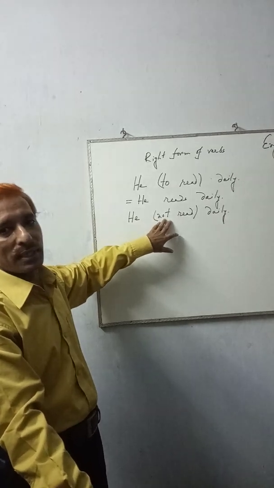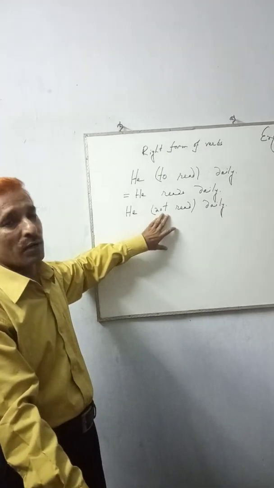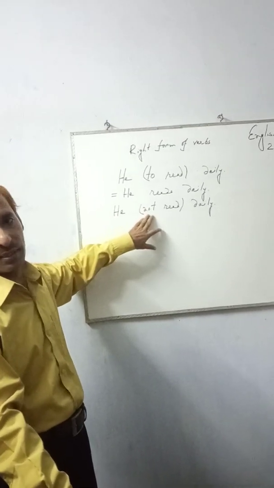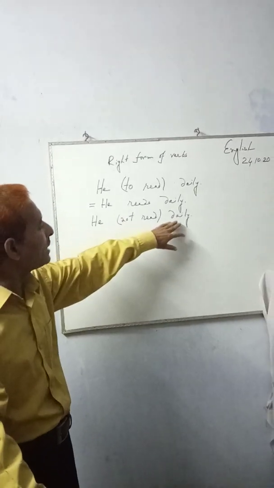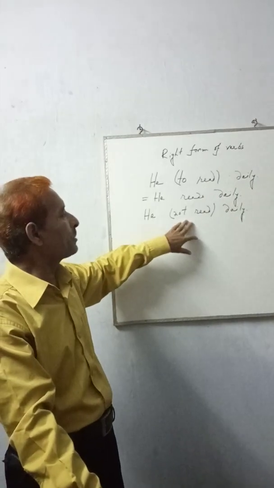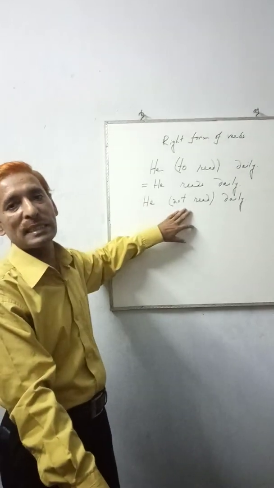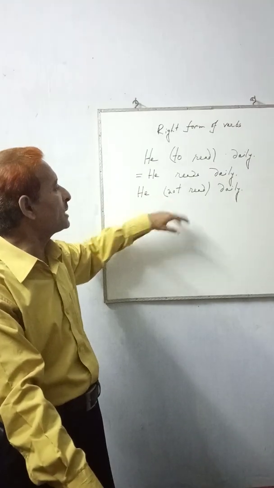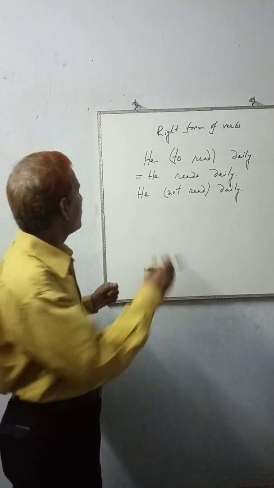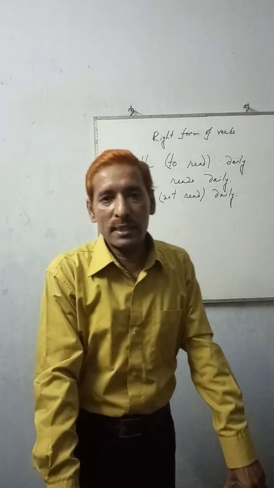Not is not used alone. Not always takes auxiliary verb before it. So according to the sentence, we shall take auxiliary verb from present indefinite tense. So in present indefinite tense,